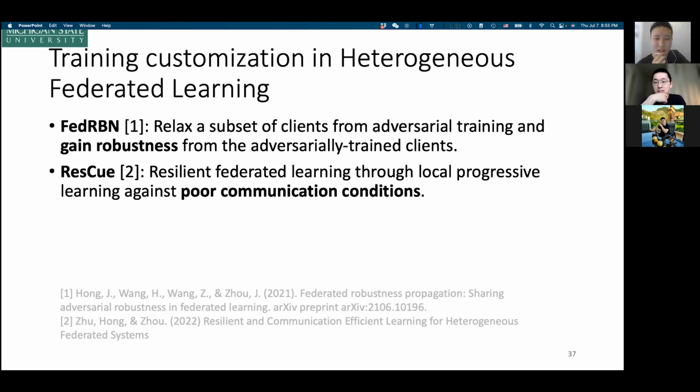I found that some experiments in FedRBN are on DomainNet, right? So the data on different clients is not from the same distribution. I think it's very interesting that the batch normalization layers can provide such a characteristic for this challenging task.